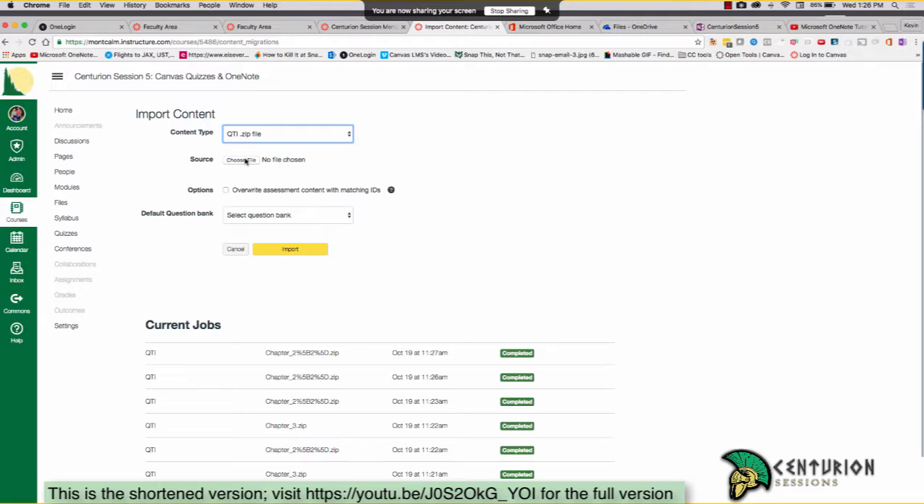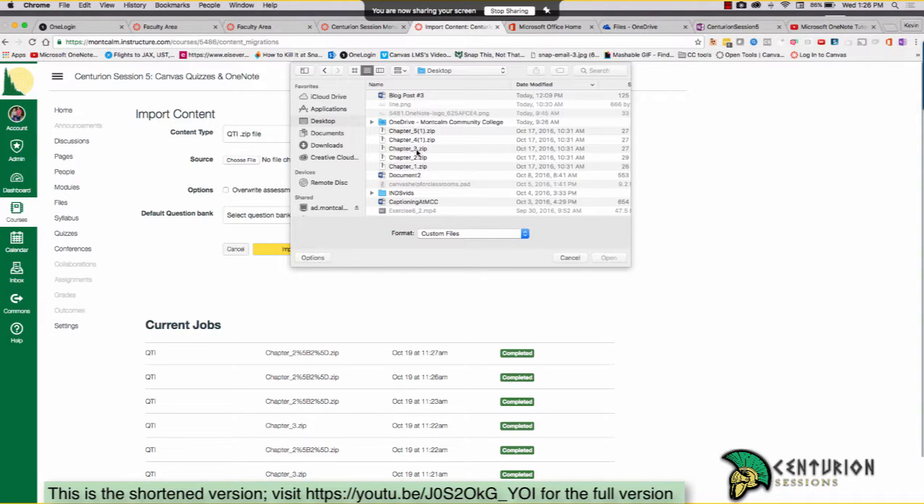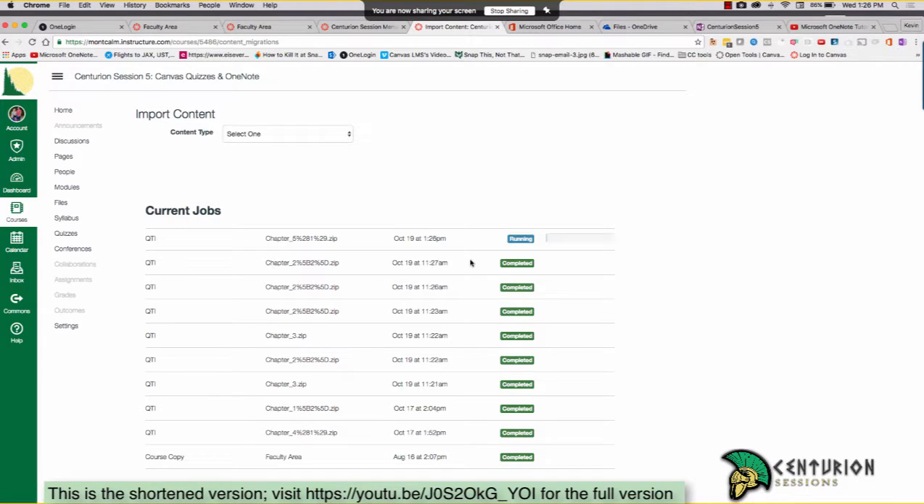Now, most likely prior to this, you had downloaded either from the course text website or you had gotten them sent to you directly from your textbook rep. In any case, you're going to find that file. In my case, I have some on the desktop. I'm just going to try and import Chapter 5. Let's see if that works for me. I don't add them to a specific question bank because it just doesn't seem to work. Canvas has been notified of this and is working on it. But the key is here, as you can see, it's running, it's completed,